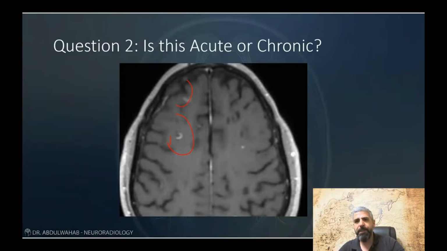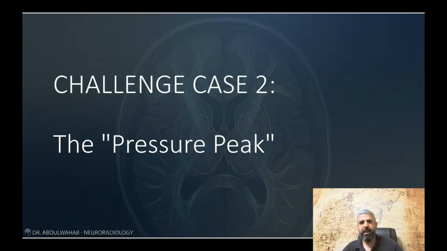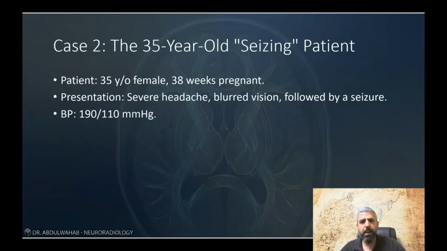Are you ready? This case is called the pressure peak. Now, this is a 35-year-old seizing patient. This is an emergency, a pregnant patient with extremely high blood pressure and a seizure. The ER says eclampsia, but we need to see the brain. Is the damage permanent? She has severe headache, blurred vision, and then seizure with her blood pressure at